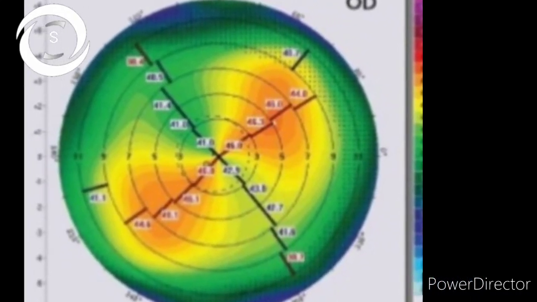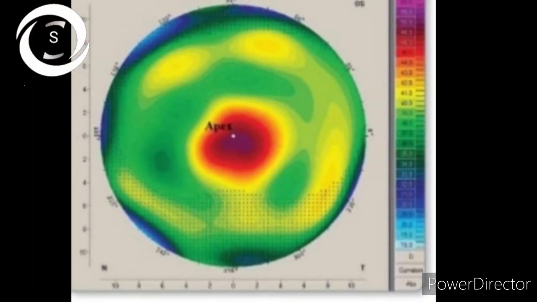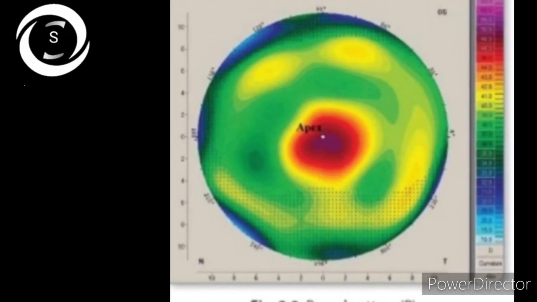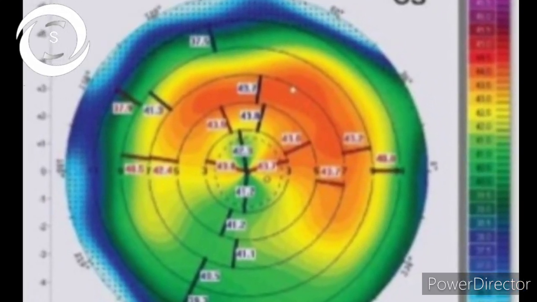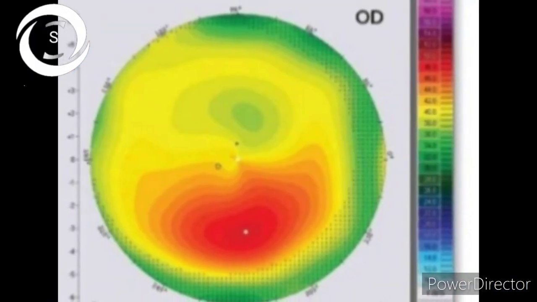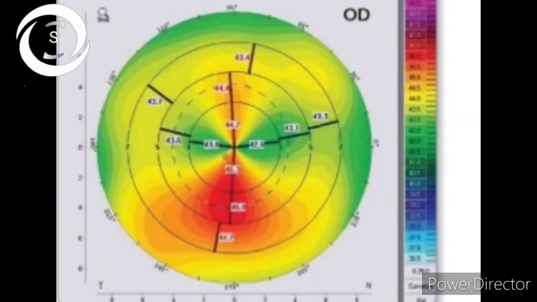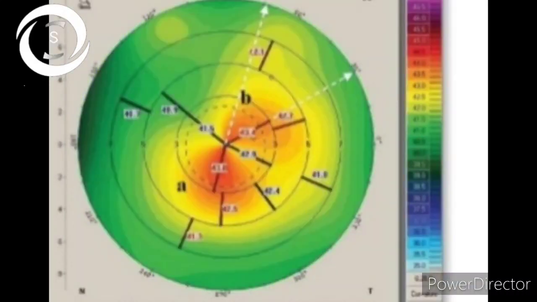And now I will present a few of the Rabinowitz patterns. So here the corneal apex is red in the center, so a steep center in this picture, whereas in the next, superior steepening is shown. Now here inferior steepening can be easily appreciated. Here asymmetric bow tie with inferior steepening, and now asymmetric bow tie with superior steepening is shown. Here both lobes of the bow tie are not aligned and there is a skewed radial axis.